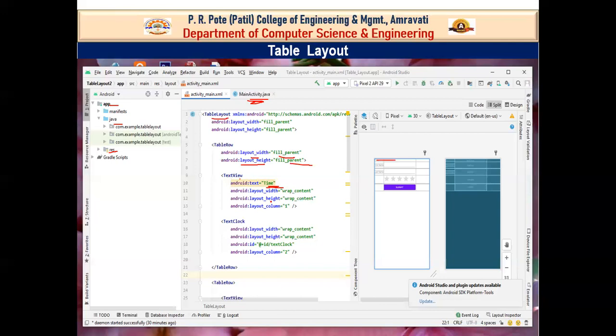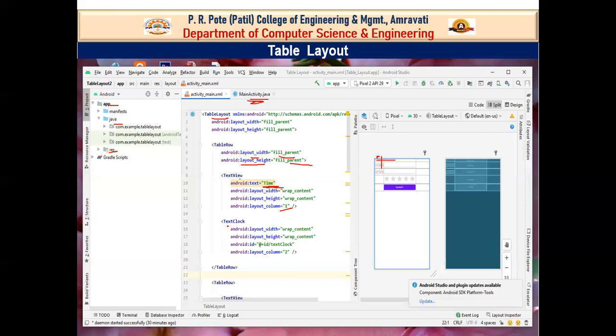Okay. So, the height and width is set as per the dimension of its contents. And this is column number 1. Okay. So, this is row 1. In the row 1, we created text time, and this time comes under column 1. So here is your time, that is column 1 and row 1.